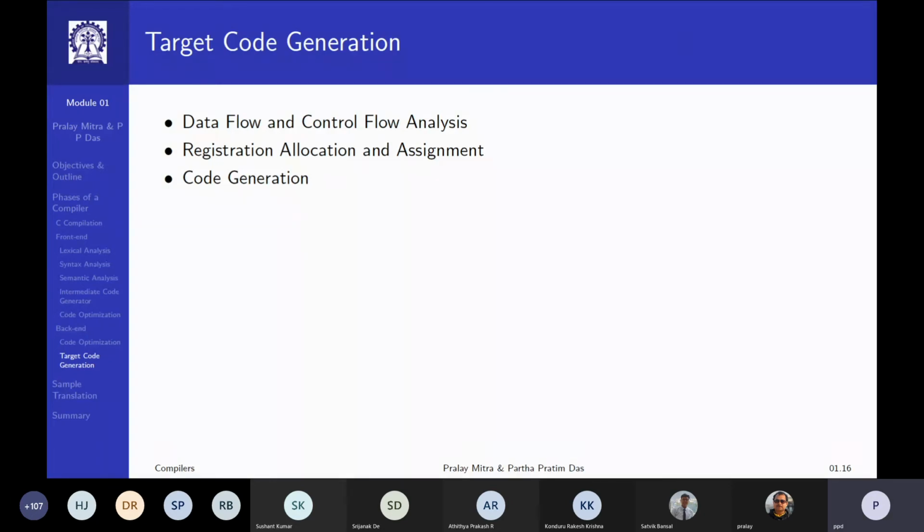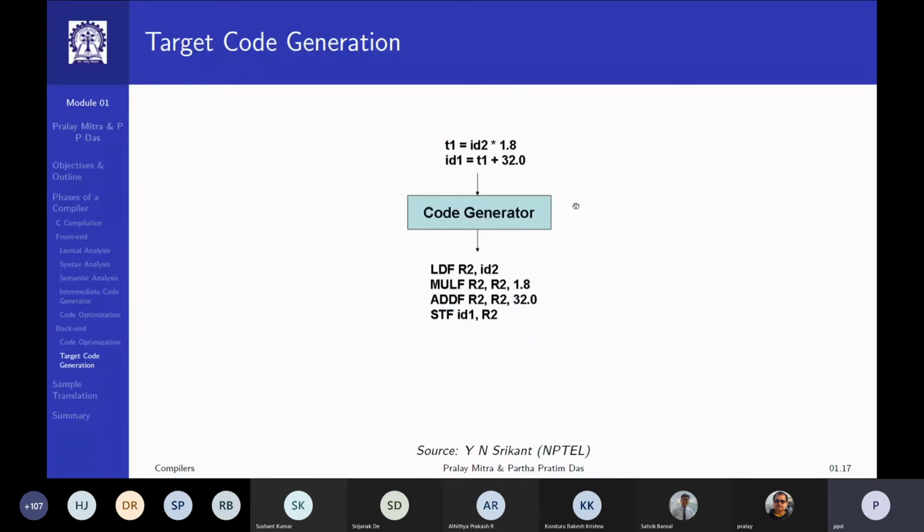So for that we do a lot of analysis called data flow and control flow analysis. And we have to allocate registers, because registers only can finally work with the ALU, and do the code generation.